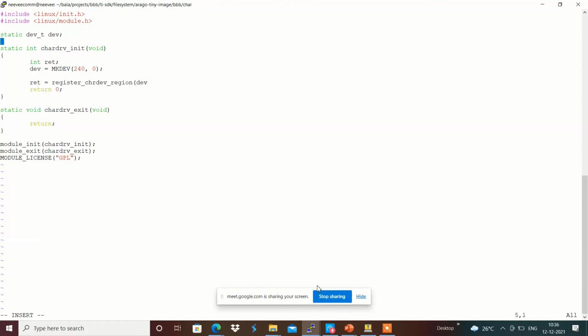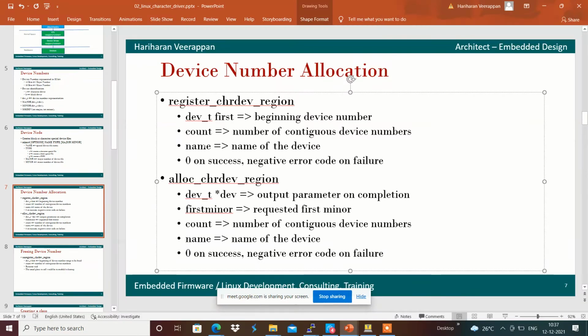Maybe I'm going to define it as first, so that it will be the first node of the device file it has to use, and then we have the next argument, the number of counts.